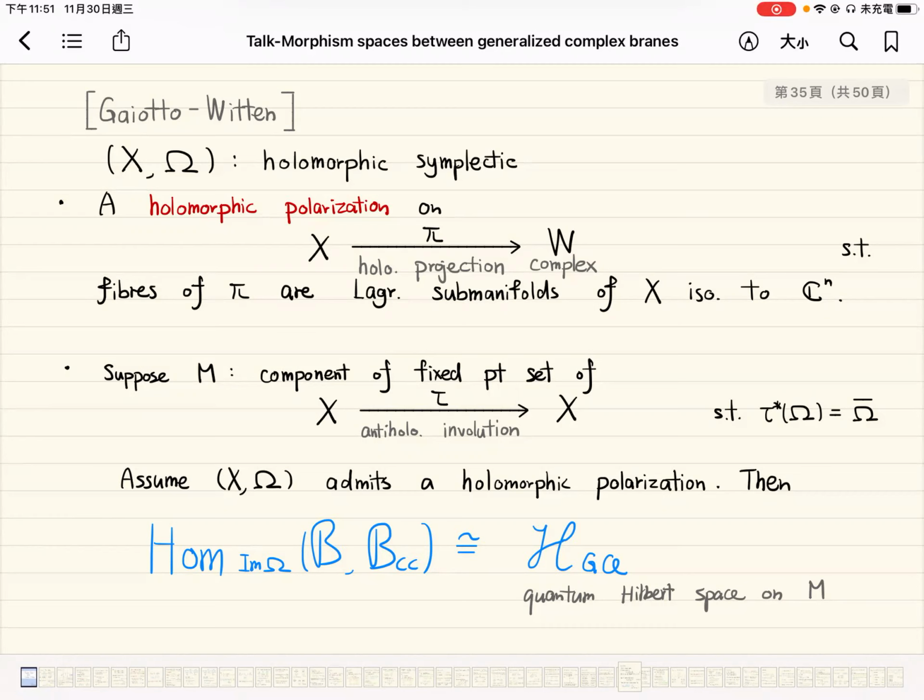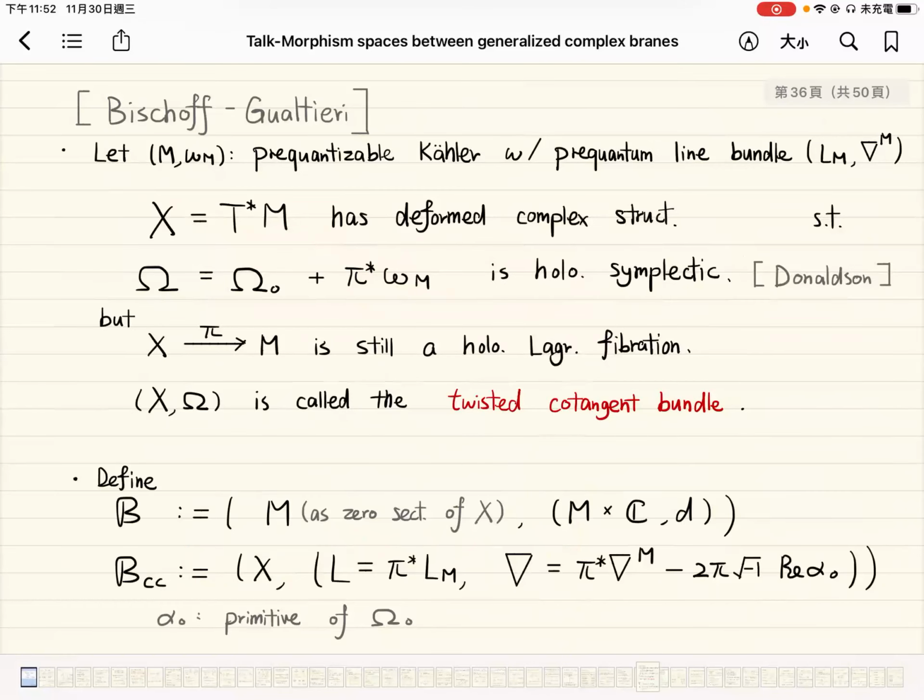So in this situation, the hyperkähler assumption is missing. It's not assumed that we have a hyperkähler structure on the X, but we assume that there is a holomorphic polarization replacing the role of the hyperkähler metric here. And of course, I would like to also mention the work of Bischoff-Galtieri, who have a paper talking about